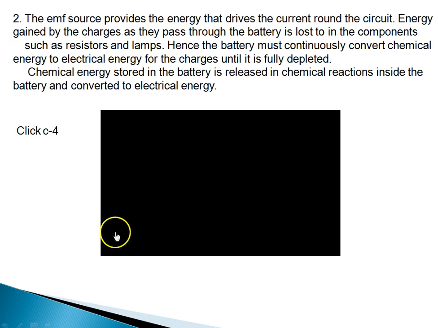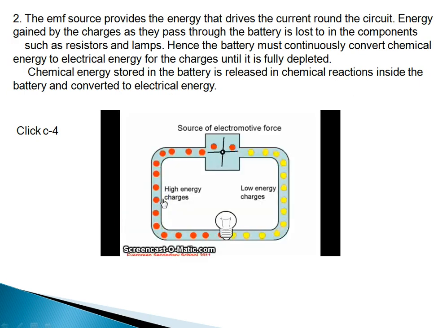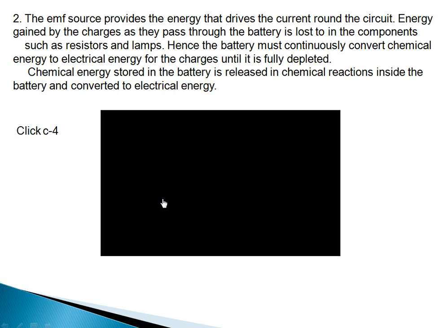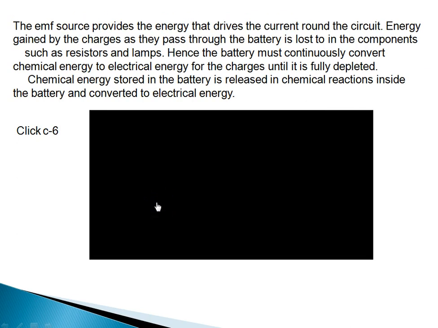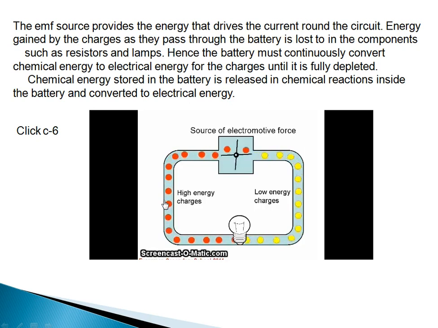In the next slide, this is the EMF source and there is a bulb in the circuit, and the connecting wires do not have any resistance. I hope it is visible to all of you that these electrons have high energy. They are red particles when they come out of the battery, but as they enter into this bulb, energy is decreasing, so their color is changing. Again, same situation, they are losing energy, the electron energy changing from high energy to low energy level, then they get into the battery and the energy changes. That is the work of the EMF.